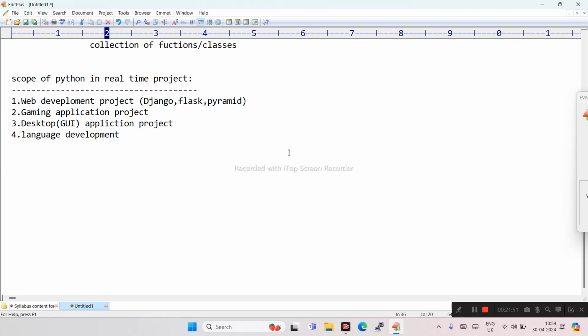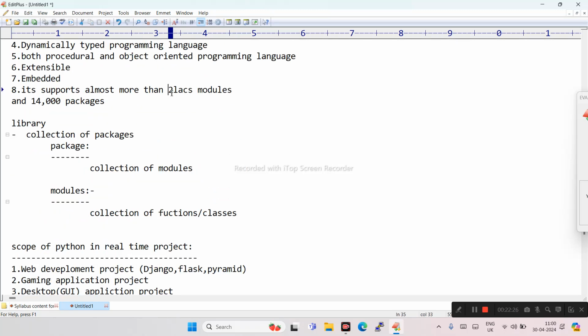The fifth one is nowadays most popular, because Python is very popular because it can be used in artificial intelligence, nothing but AI, as all people call it. We are using Python in artificial intelligence. It supports 2 lakh modules, right?